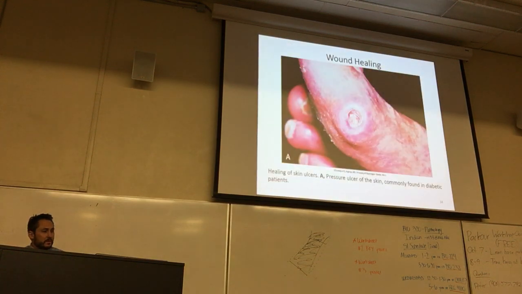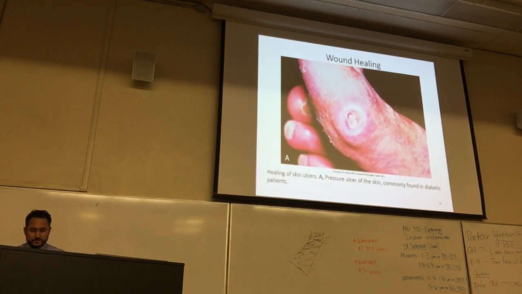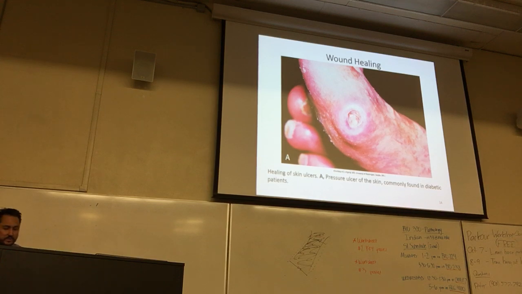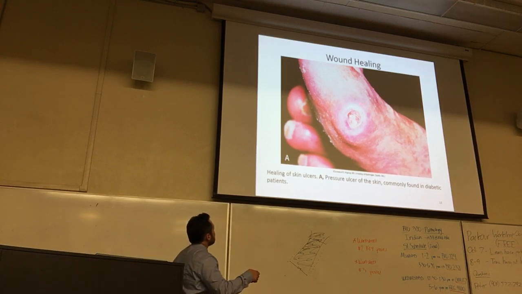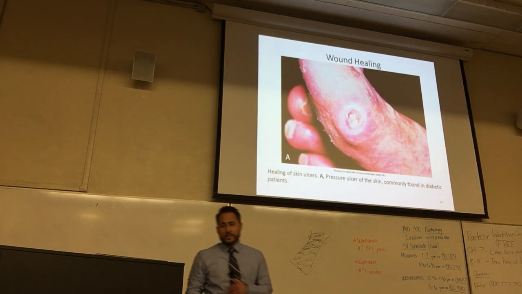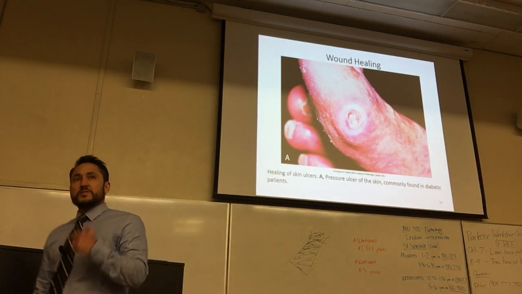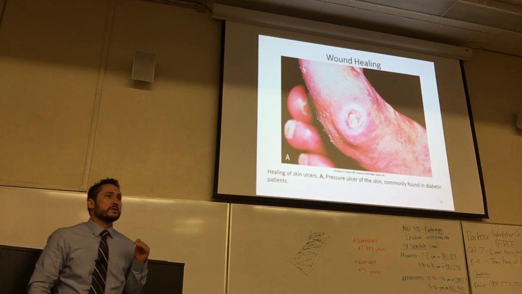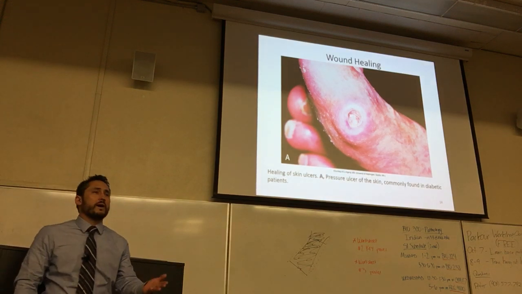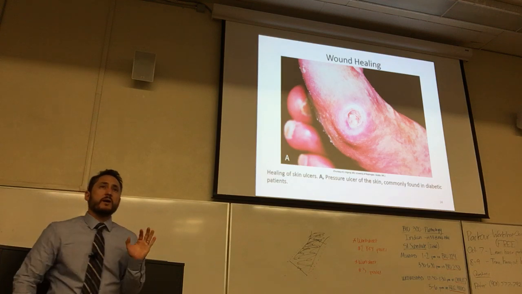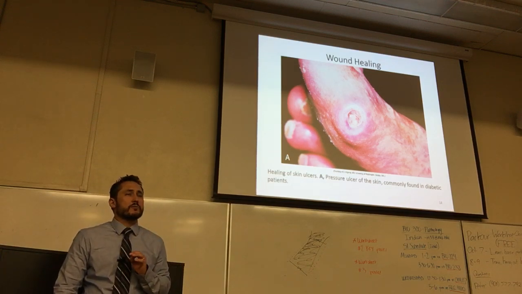Okay. This is a skin ulcer. It's kind of gross, but it's on the foot of a diabetic patient. We're going to be talking a little bit about this after the break. I'm just going to set it up a little bit right here. If we take a look at this ulcer of this foot, this patient's a diabetic patient, unmanaged. They get these ulcers that last and persist for weeks to months, and they don't resolve. They don't go away. And there's all sorts of complicating factors associated with them that we're going to talk about.